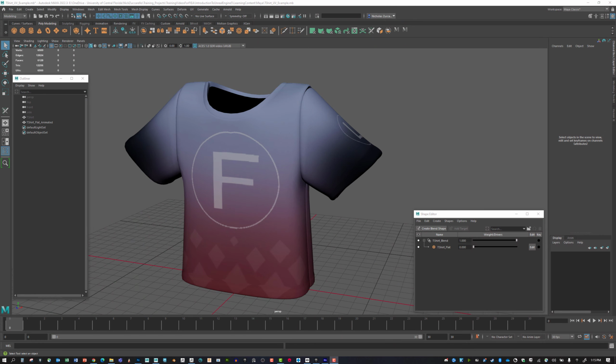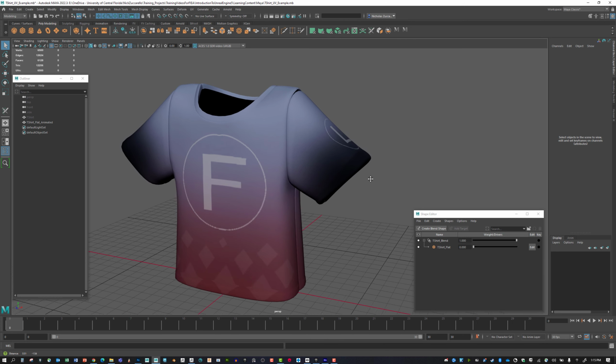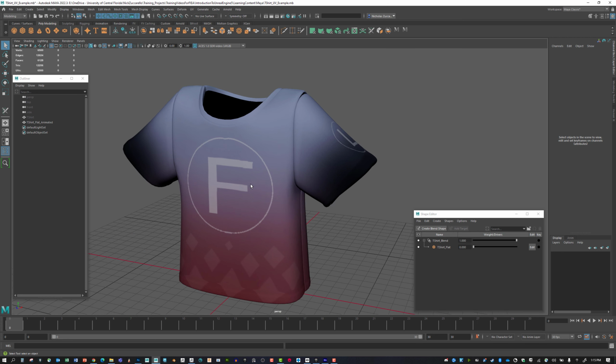This is intended for people that are new to 3D and don't have an understanding of what UVs are and how they work. And so this is going to be a pretty in-depth description about it. If you already have an understanding of UVs, this is going to be pretty boring material and pretty rudimentary, but I wanted to build this example and take you through this example of actually modeling this t-shirt out, setting up